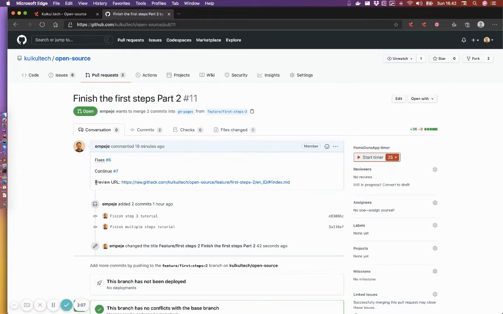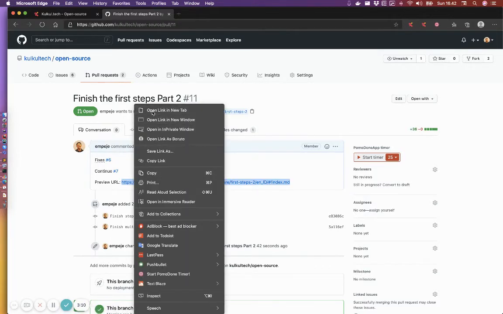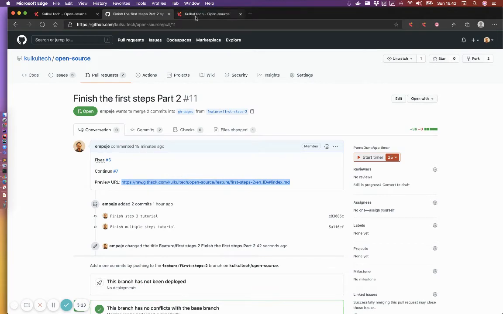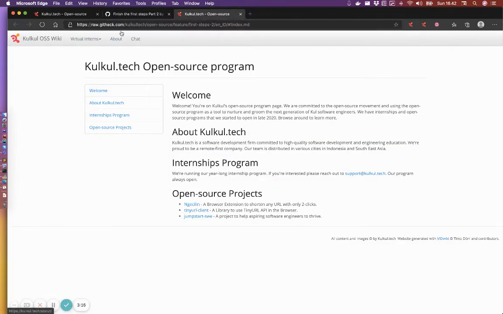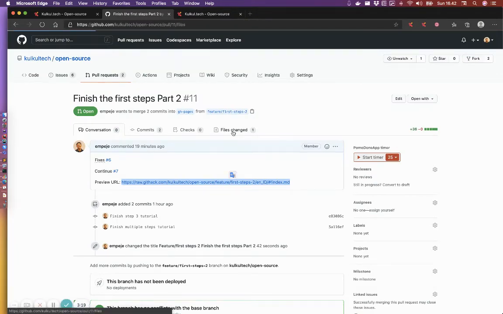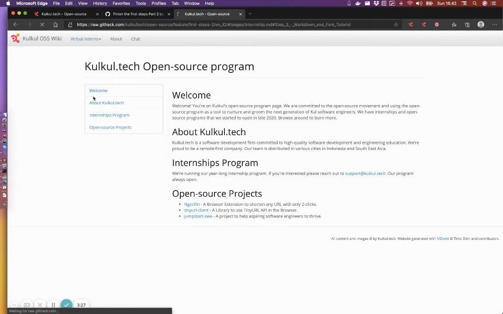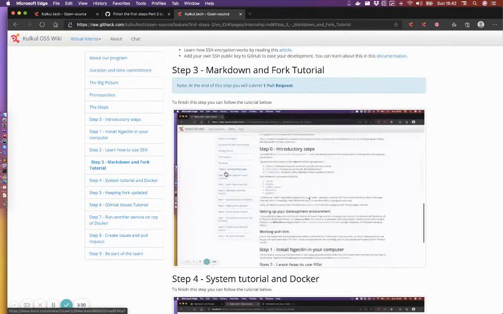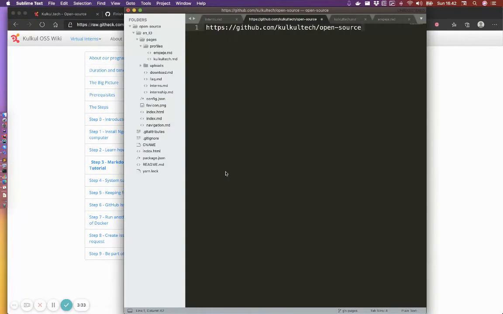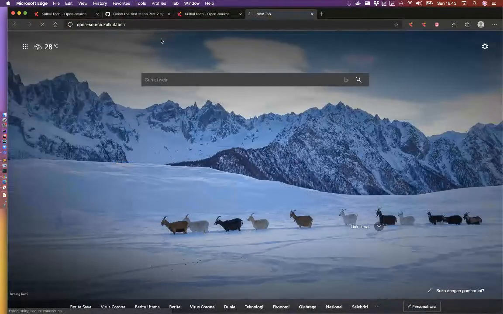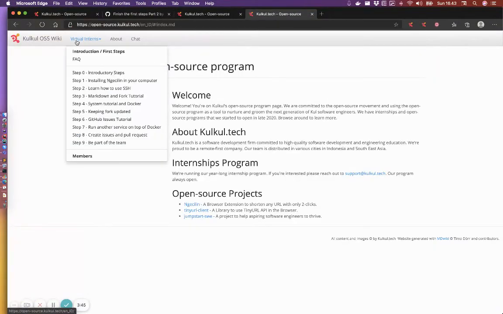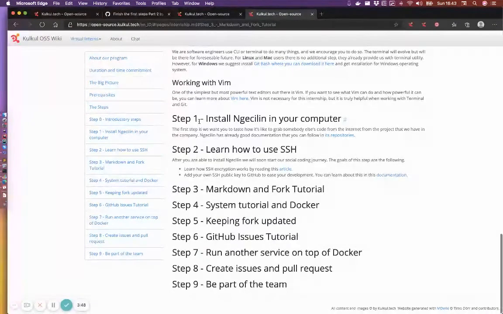And then the second one is you want to share with us the preview URL, the one that I told you earlier about, the GitHack URL, which basically lets me check your changes in real time. So for example, here, my changes were adding some additional information in step 3, step 4, and so on and so forth. Let's check. Go to step 3. Now step 3 contains some files. However, if we open opensource.coolcool.tech in the other tab, like in here, if we go to step 3, there is nothing here.